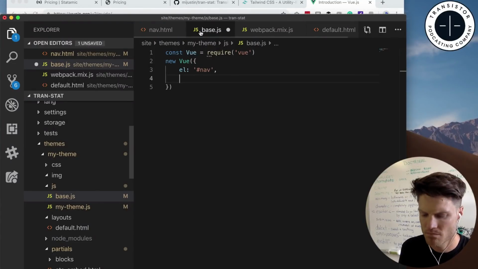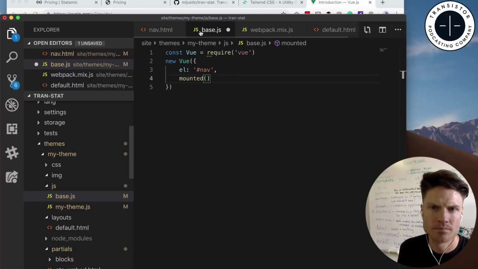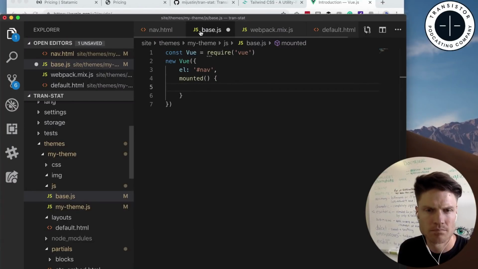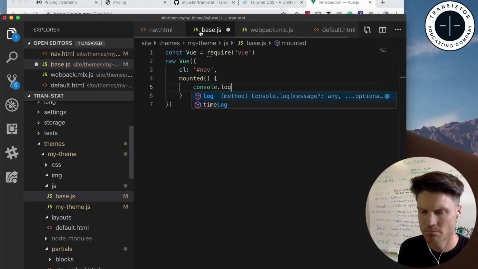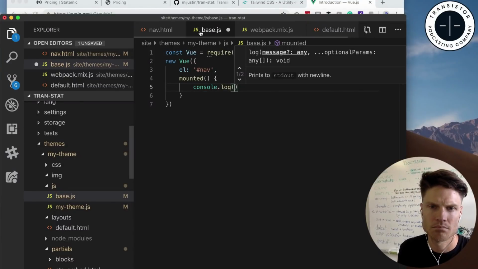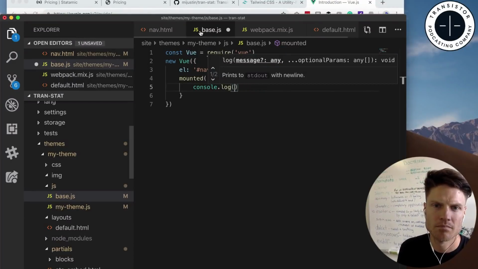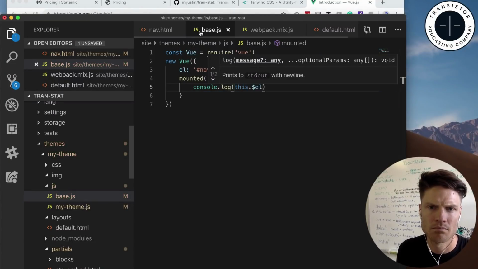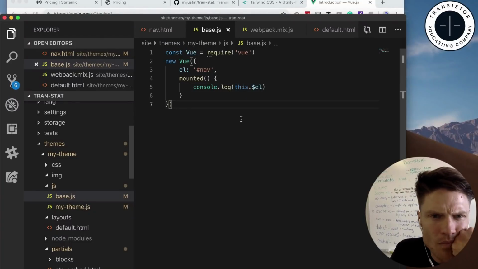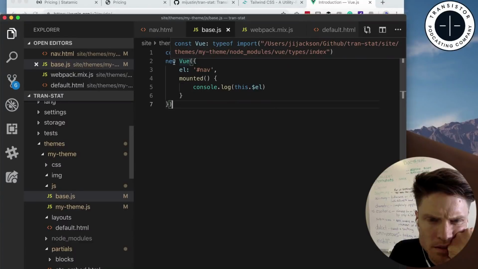Type mounted, and then open parentheses, and then move your cursor after the parentheses, space, curly bracket, enter. Then here type console.log, and then in parentheses type this dot, no string this time, this dot $el. So what this is going to do is it's going to instantiate Vue, bind it to our nav element,